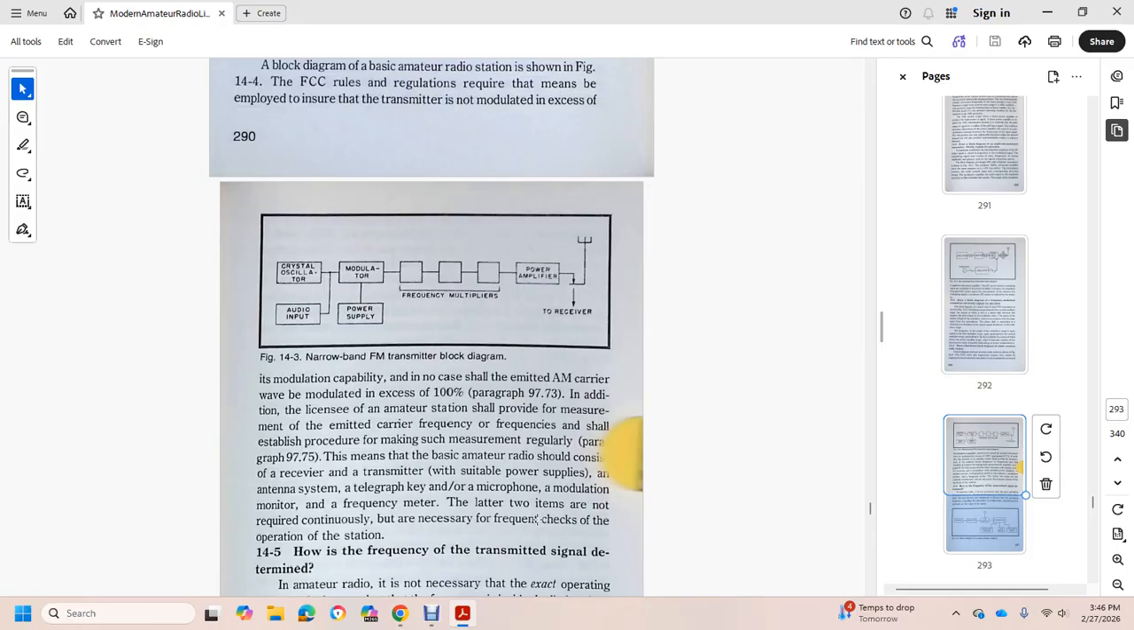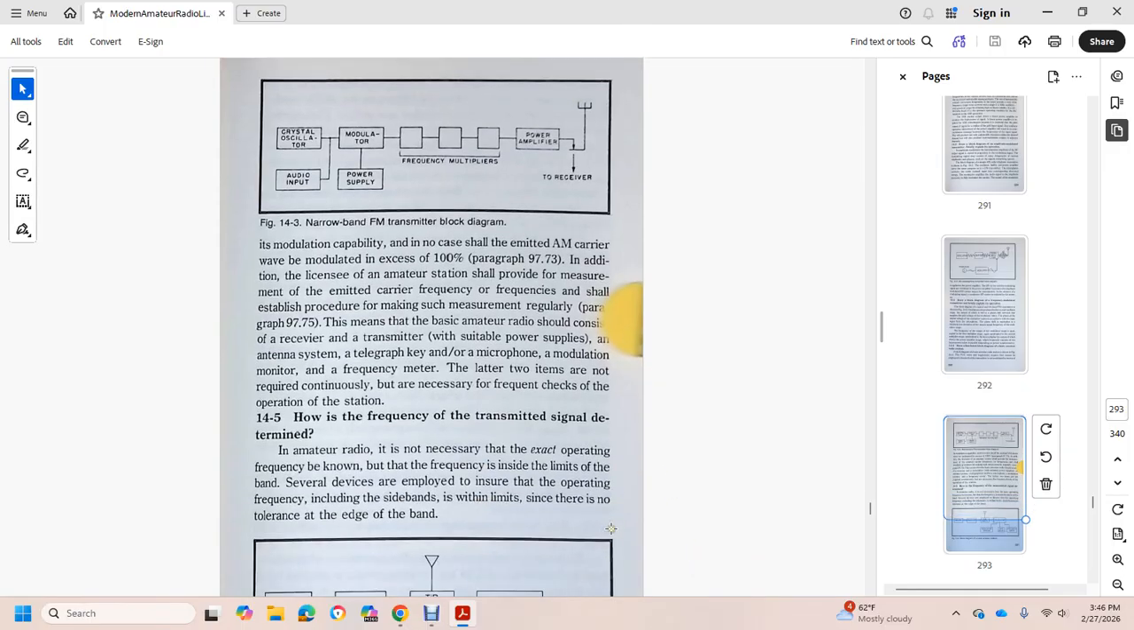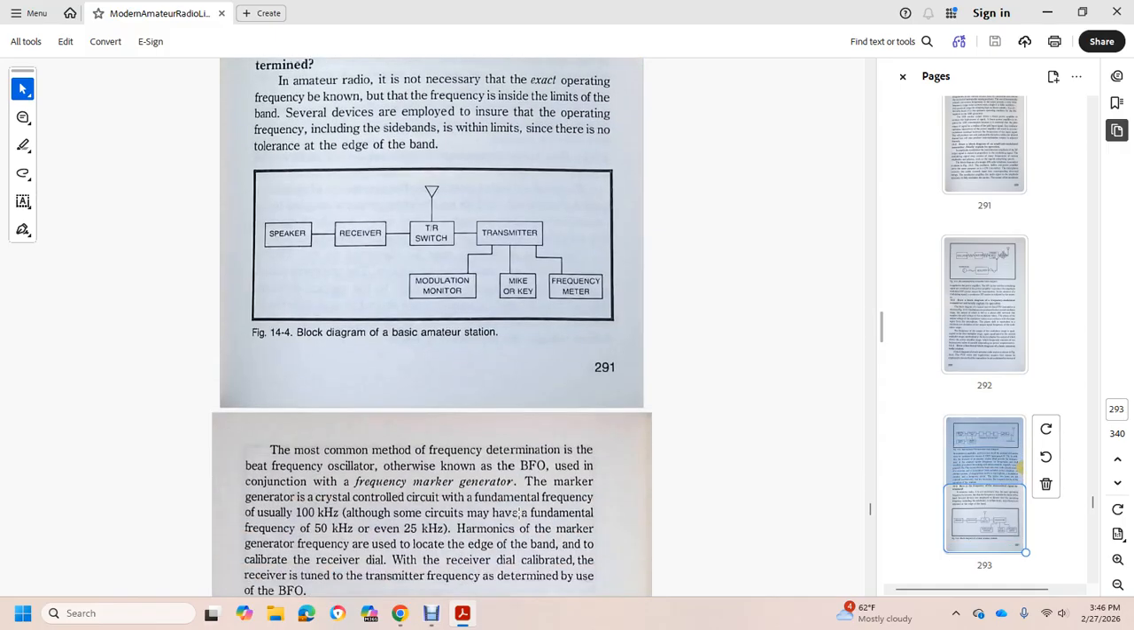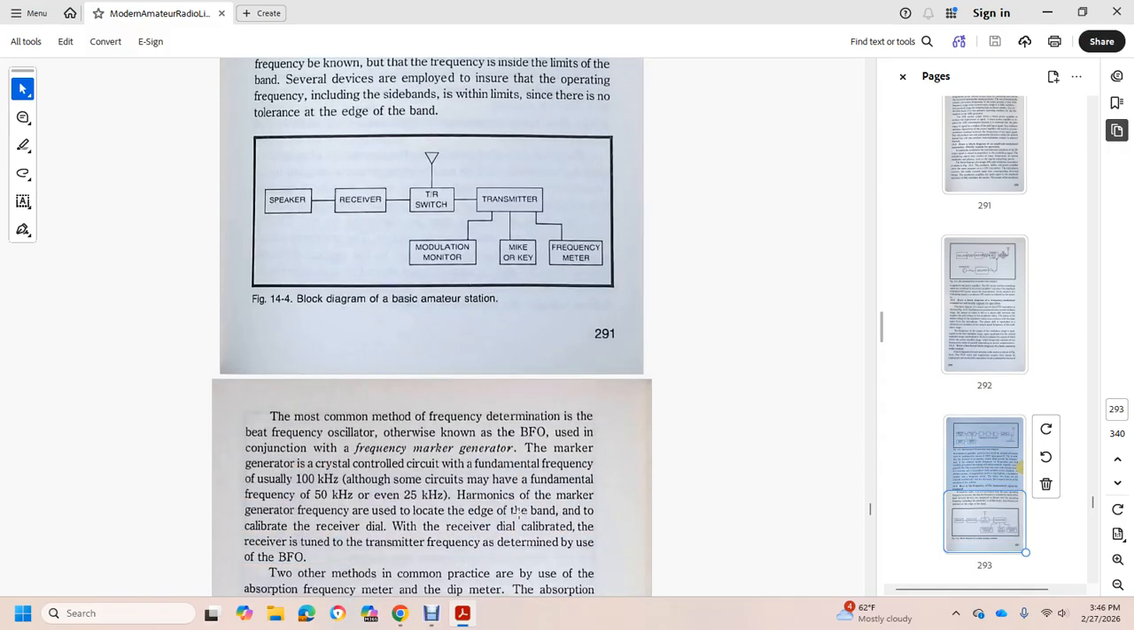The supply includes the telegraph key, and for phone operation the microphone, a modulation monitor and a frequency meter. The latter two items are not required continuously, but only when necessary for frequency check and operation safety. However, the exact frequency of the transmitted signal is not necessary, as long as the operating frequency is known to be within the limits. Several devices are employed in checking the operating frequency, including sideband checks, to stay within the limits if there is no tolerance for the edge of the band. The most common method is frequency determination with a beat frequency oscillator, otherwise known as the BFO,